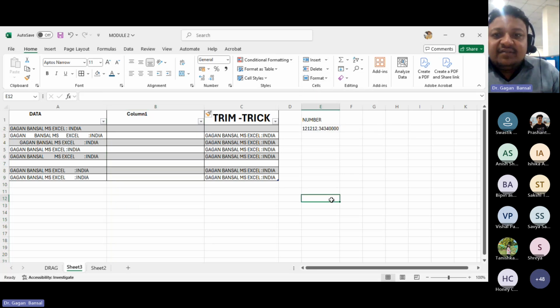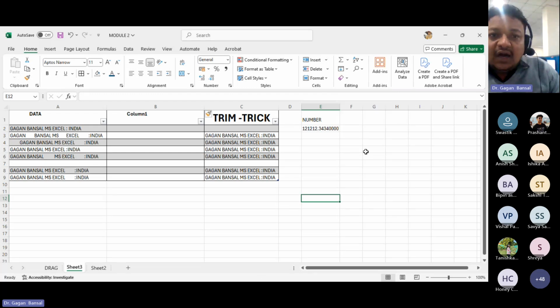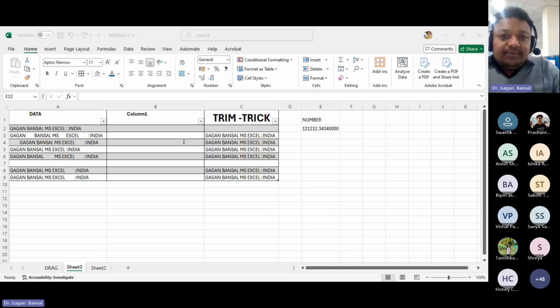Then another very effective thing is editing, जो कि हम पिछली बार भी डिस्कस कर चुके हैं, ठीक है। तो प्री डिफाइंड हमारे पास कुछ GUI टैब्स हैं, टूल्स हैं, जिसमें कि सम, एवरेज, काउंट नंबर, मैक्सिमम, मिनिमम हम सब करते हैं, बट हम ऐसे नहीं पढ़ेंगे, we will just see how the formulas are working in the simplest manner. ठीक है। कंडीशनल फॉर्मेटिंग मैं नहीं बता रहा हूँ अभी, मैं बस जिस्ट कर रहा हूँ।